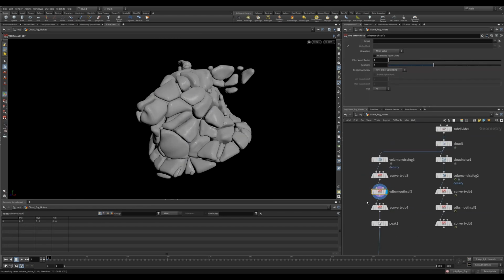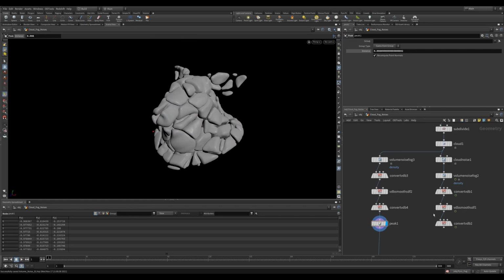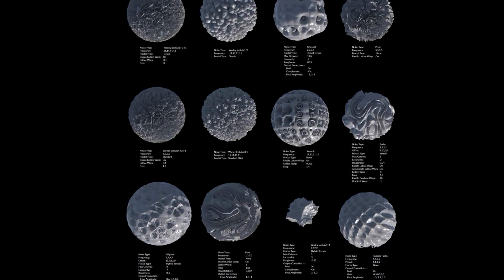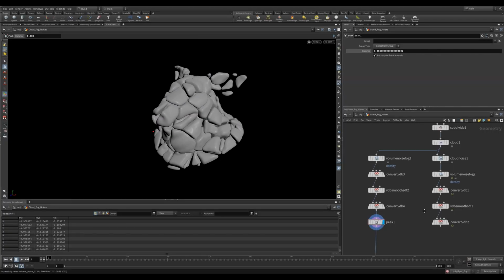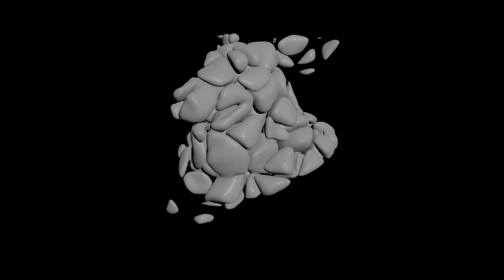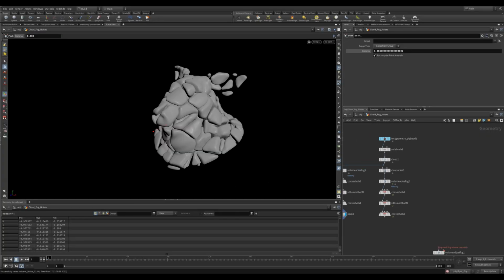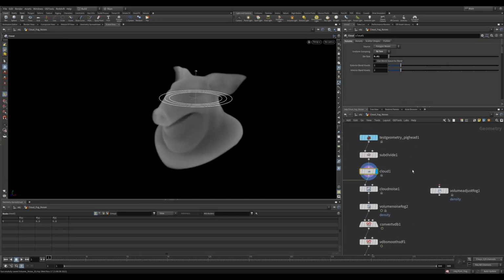Of course, there are many different noise types and each has its own cool look. If you look at the help page, you'll see this awesome image showing the different noise types. Changing noise types gets you some fun results. Obviously, you can noise up shapes and throw them at your favorite solvers because who doesn't love a squishy pig head?